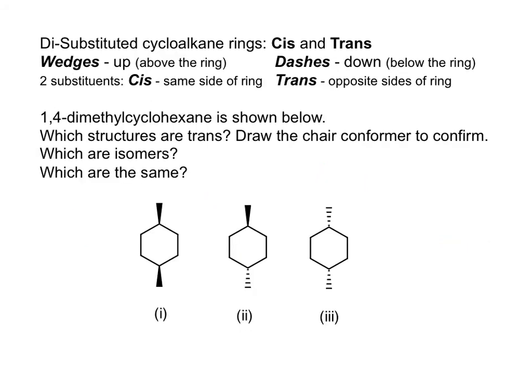For a disubstituted cycloalkane ring, when 2 substituents are both above the ring or both below the ring, that would be cis. When one is above and the other is below, that would be trans. So stop the video and answer these questions for 1,4-dimethylcyclohexane. And the answers are,